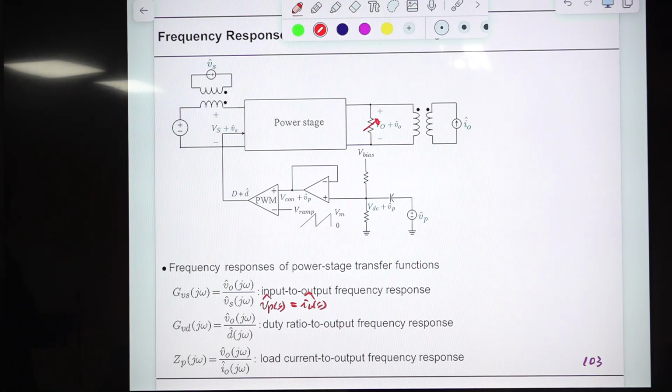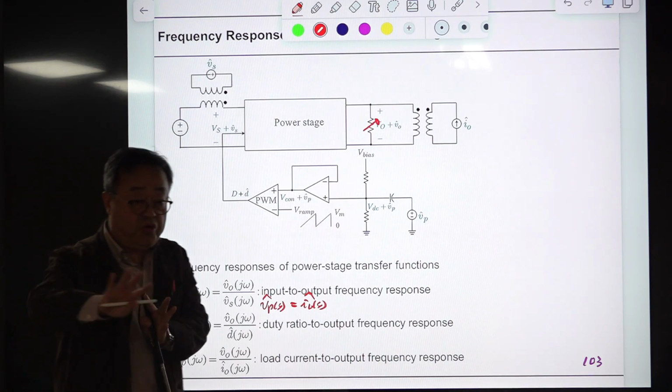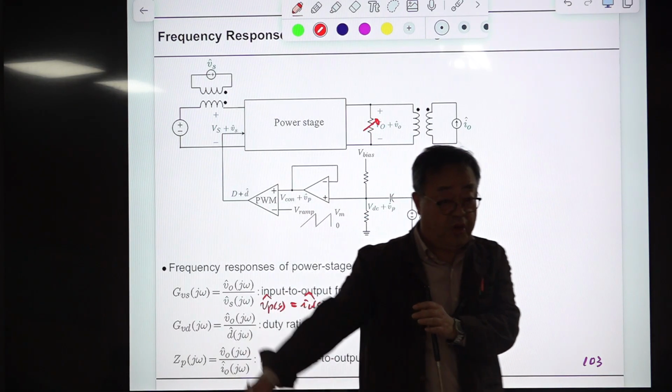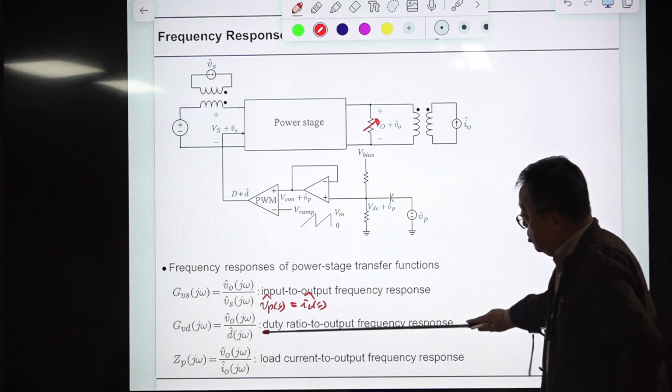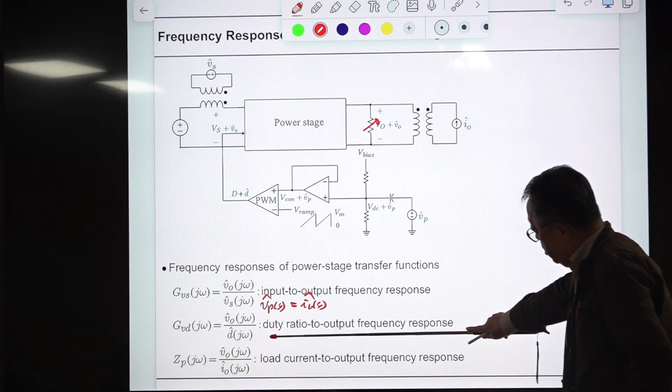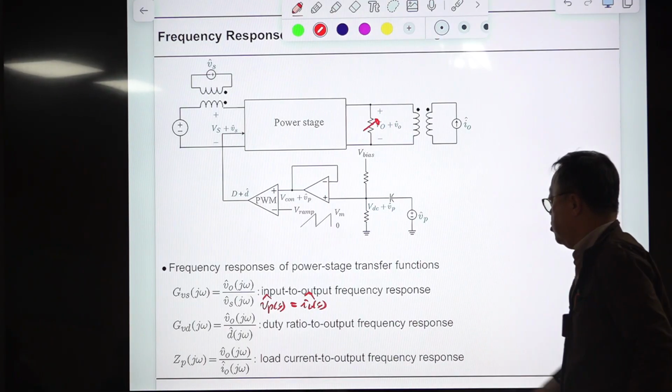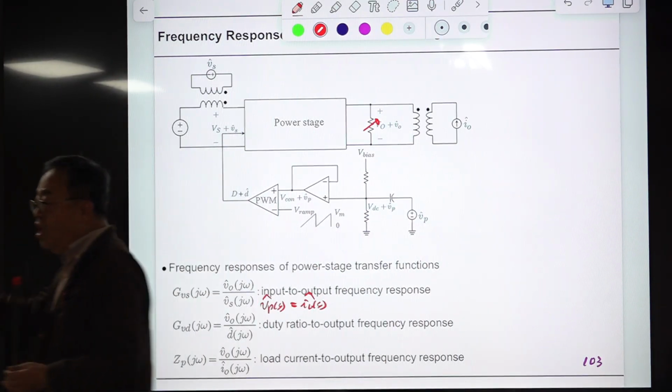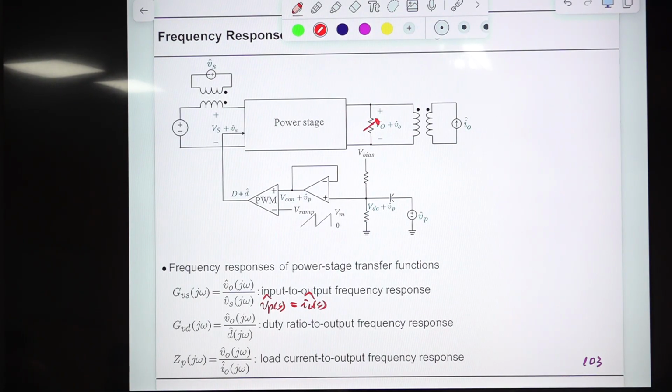When you are evaluating one thing, the source of the other thing should be considered as 0. The same is true for this, the duty ratio to output frequency response. This is the load current to output frequency response. So there are only 3